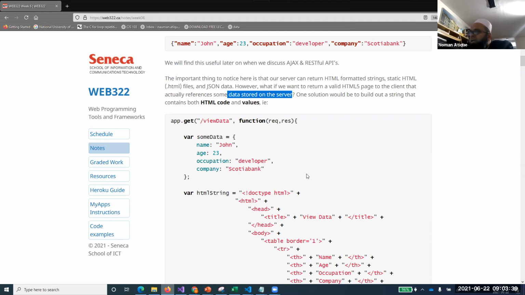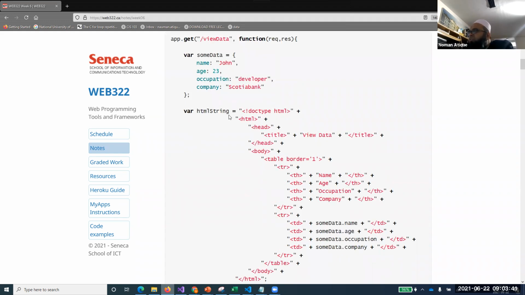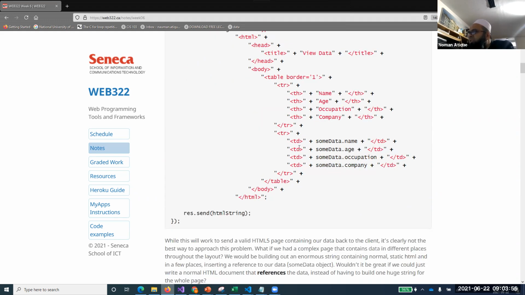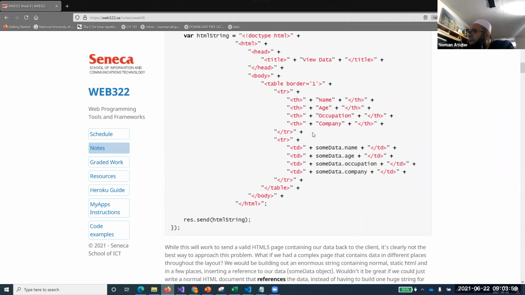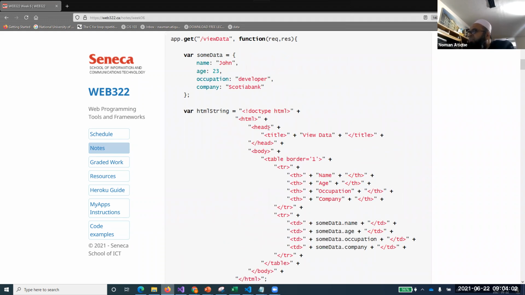I write var htmlString equal to inverted commas doctype html plus html head title, say, view data. Then I mention table border equal to 1, table th td. So I have concatenated my HTML code with some of the JSON code.